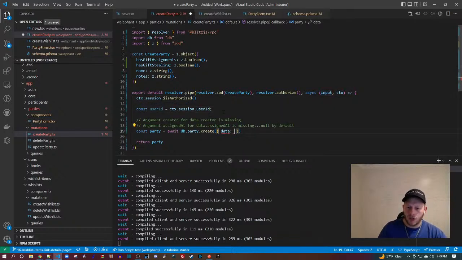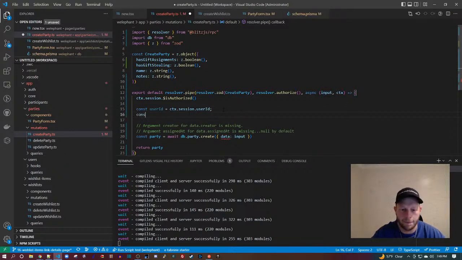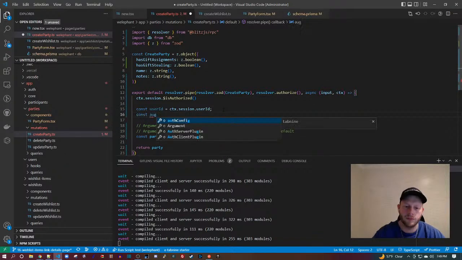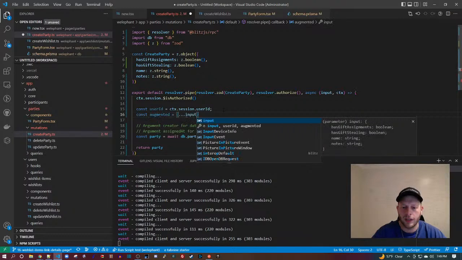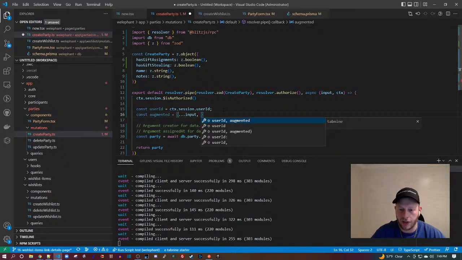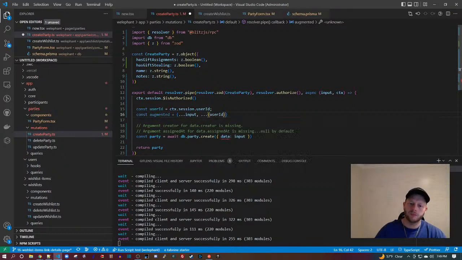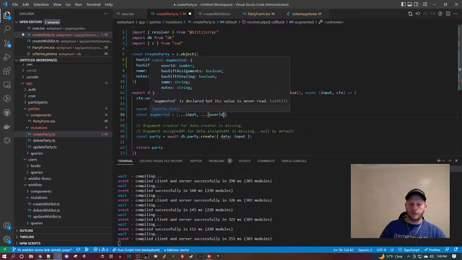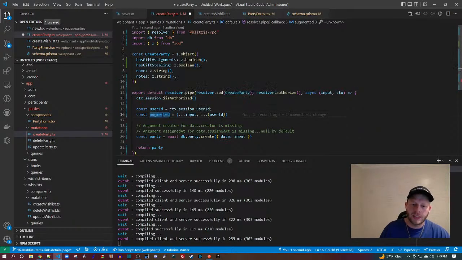Okay, so here we're going to do augmented, and that's going to be the input, and then plus some other stuff. Other stuff including user ID. So that's what we call augmenting. And you can see I'm destructuring two sub-objects, merging them, doing a shallow merge. It's important to know that that's a shallow merge. But in this case, the properties are primitive, so it's totally fine. And then down here, we'll pass augmented.